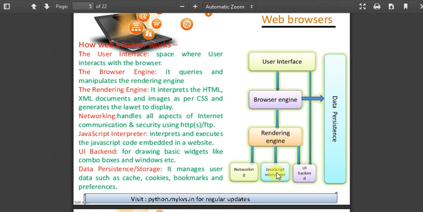Then the networking, which means here HTTP, FTP, all the protocols are to be maintained. The JavaScript interpreter will interpret the JavaScript embedded in the website, and the UI backend is there for drawing basic widgets like combo boxes and windows. These are the GUI elements actually, graphical user interface elements. That is given by the UI backend.